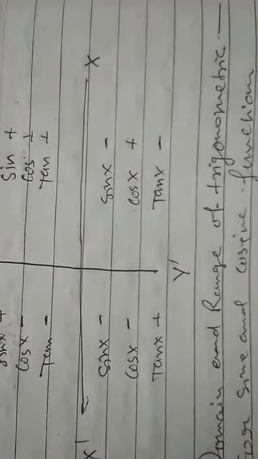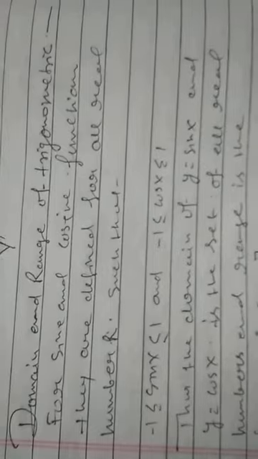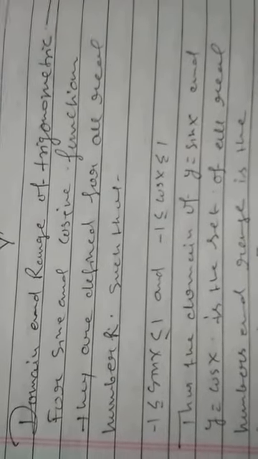Now next, domain and range of the trigonometric functions. For the sine and cosine functions, they are defined for all real numbers R, such that sin x lies between minus 1 and 1 and cos x lies between minus 1 and 1. Thus the domain of y equal to sin x